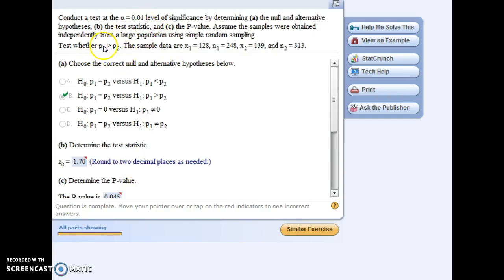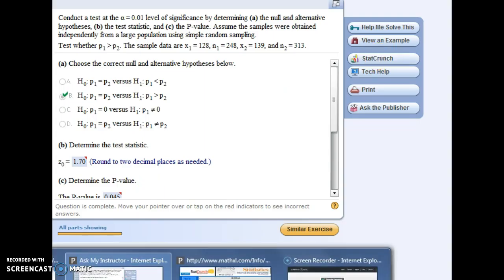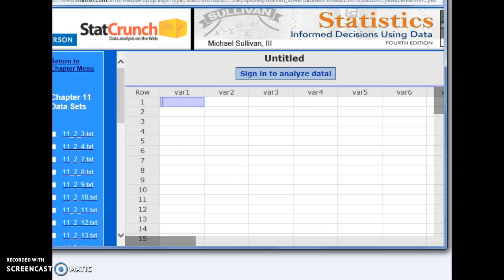So we're dealing with proportions here, and we have the summary data of our two samples. So if you jump into StatCrunch, which I have open somewhere, alright, what you want to do is,